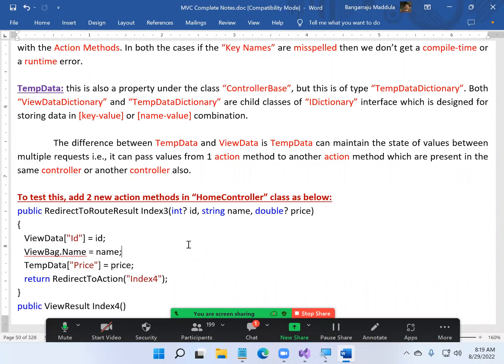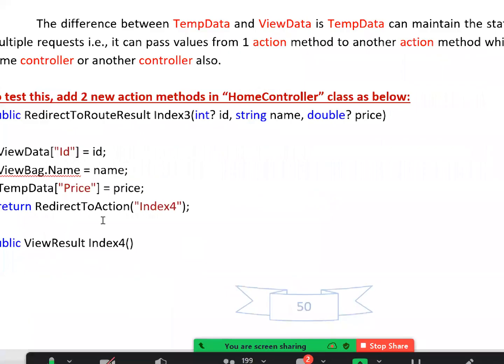Now I showed you transferring the control to the same controller, correct? Both these action methods are present in the same controller. But you have a chance of transferring the data from one action method to another action method present in a different controller also. Controller also can be different. I'll show you. The first example I showed you is